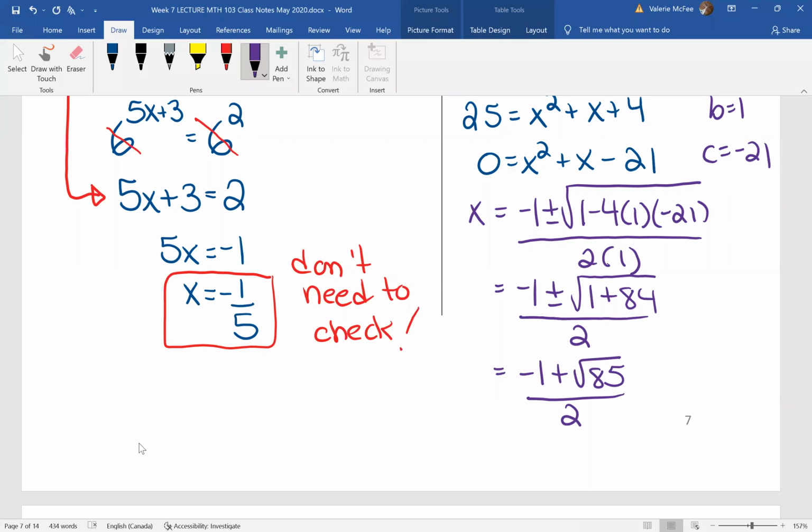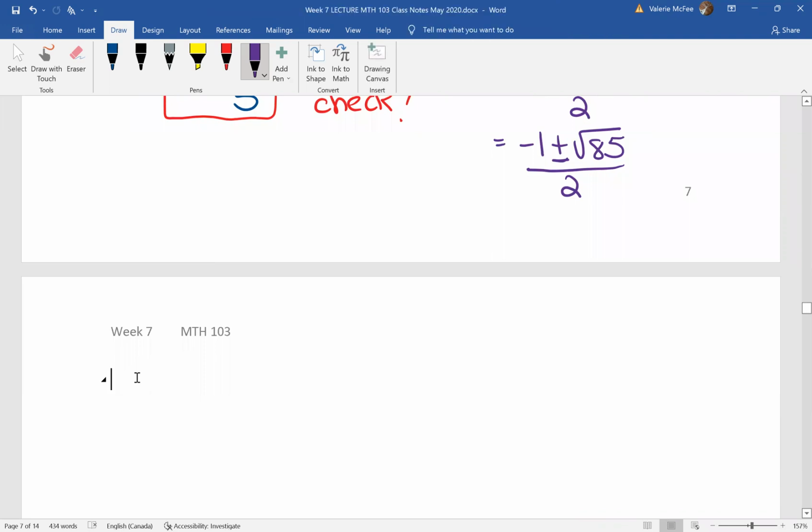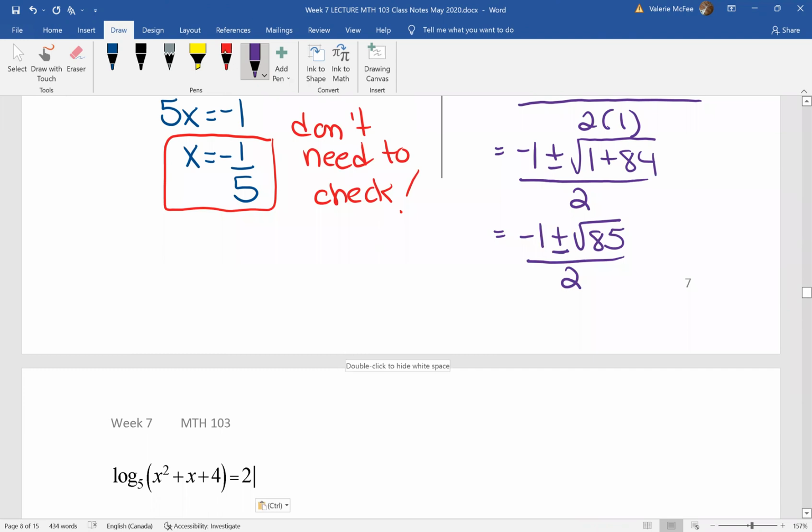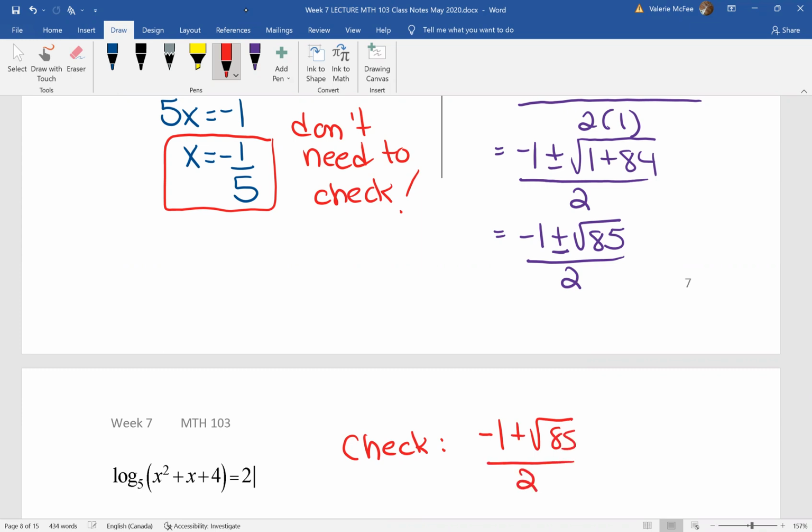So when you substituted in the values here, oops, I forgot my plus or minus. You should have had this solution, x equals -1 plus or minus the root of 85 all over 2. Now we do need to check that solution because remember that x is inside the argument here. Well, I know that the square root of 85 is greater than 1. So I know for sure that -1 plus the root of 85 all over 2, when I square it and when I add it, is going to be greater than 0. So all of this squared plus all of this